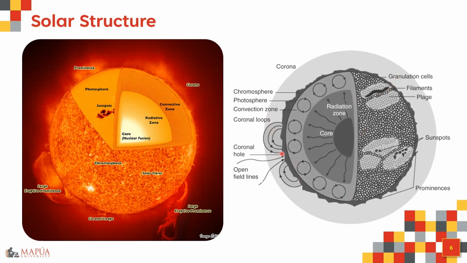We're going to focus today on the interior of the sun. We start with the core, how energy is generated at the core, and then how that energy is transferred through the radiation zone and the convection zone. From there we can estimate how density and temperature vary from the core towards the surface of the sun, using some physics.